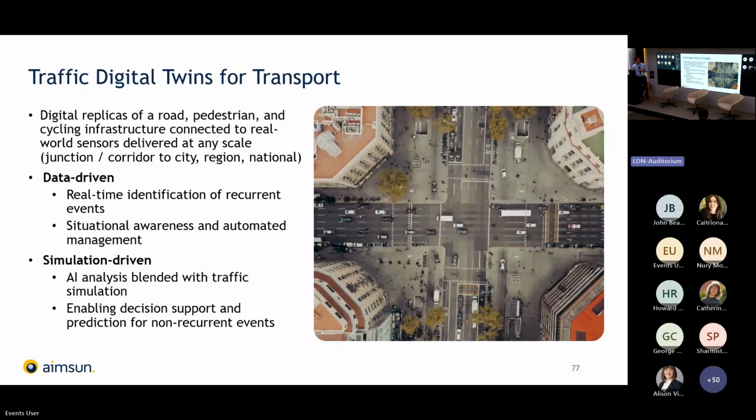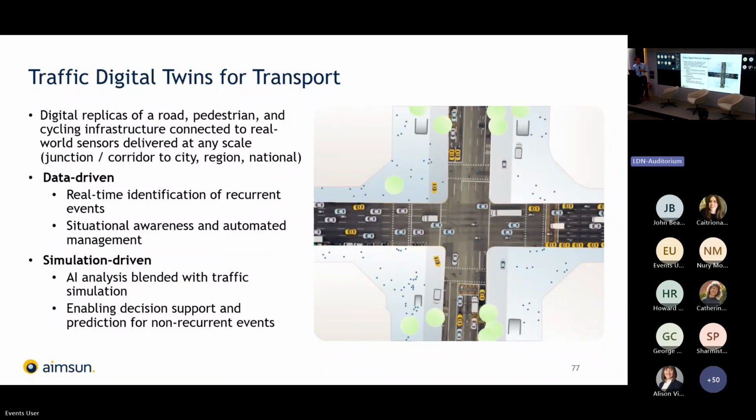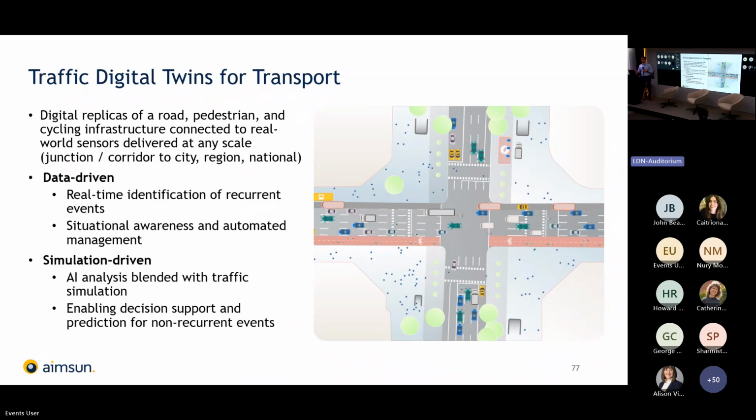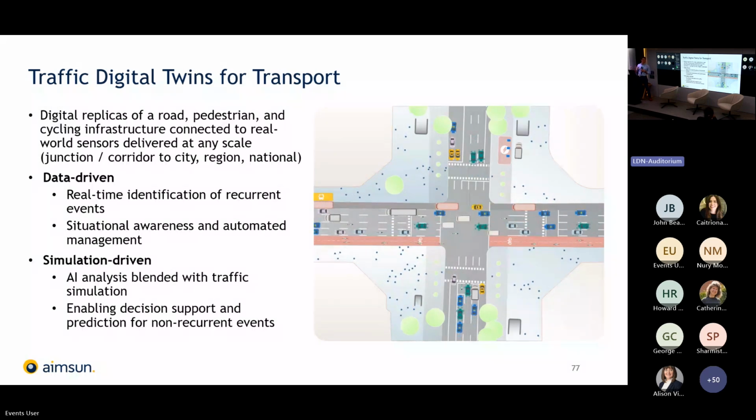So our interpretation of a traffic digital twin is a digital replica of road and pedestrian and cycling infrastructure connected to real-world sensors. These can be delivered at any scale, going from a junction and corridor all the way up to region and a national scale. It's important, I think, to mention here that the digital twins that I'm talking about are primarily deployed for